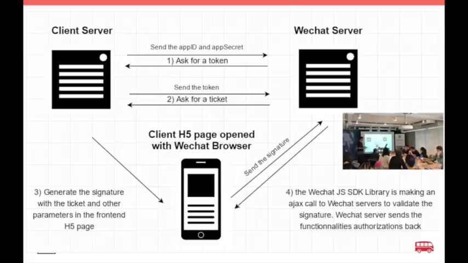for the JS-SDK. Now JS-SDK requires some information that is private: the app ID and app secret. Those two are the login of the WeChat API. That's like your username and password, exactly the same. So first you send that to the WeChat server, and the WeChat server will check if they are correct. If they are correct, they say okay, and then I'm sending you back something called a token.